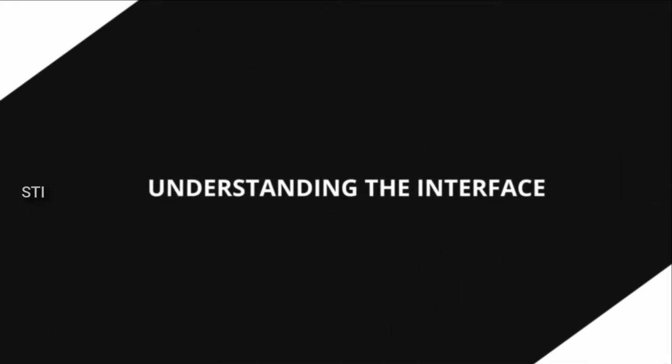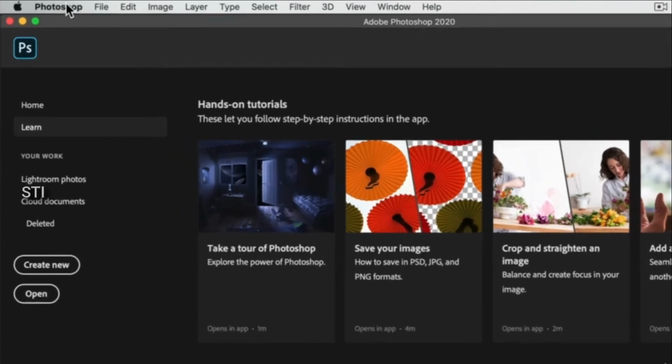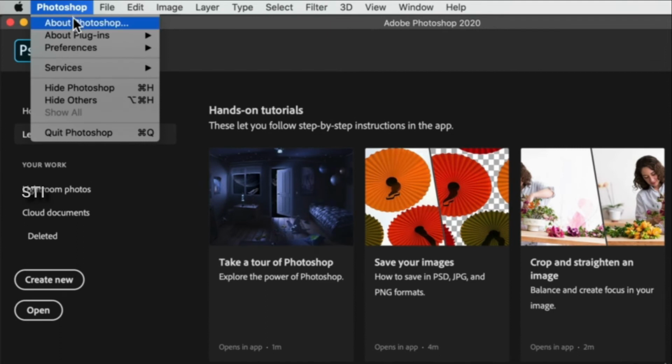Let's dive right into Photoshop. So if you go ahead and open the Photoshop app, you should see something like this. I'm using, at the time of this recording, the latest and newest version of Photoshop CC, which is the 2020 version. You can check out the version of your Photoshop by going to the Photoshop menu at the top, clicking